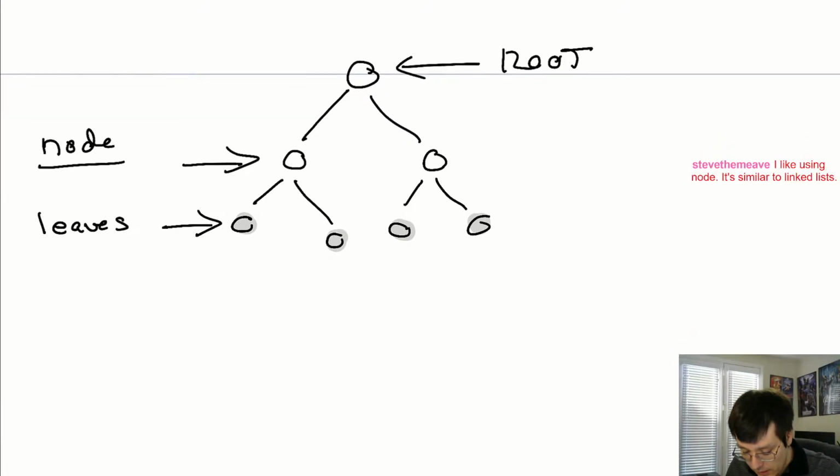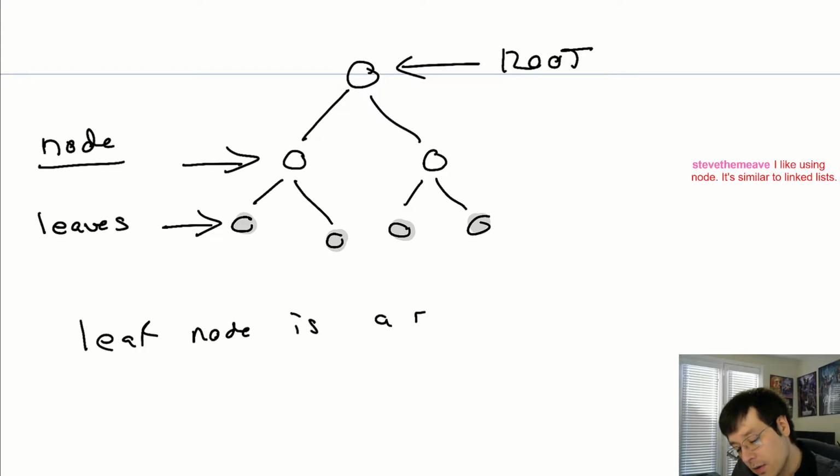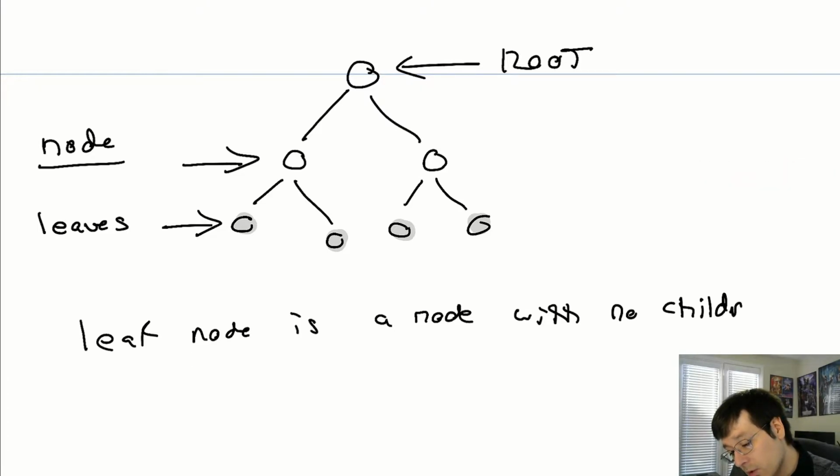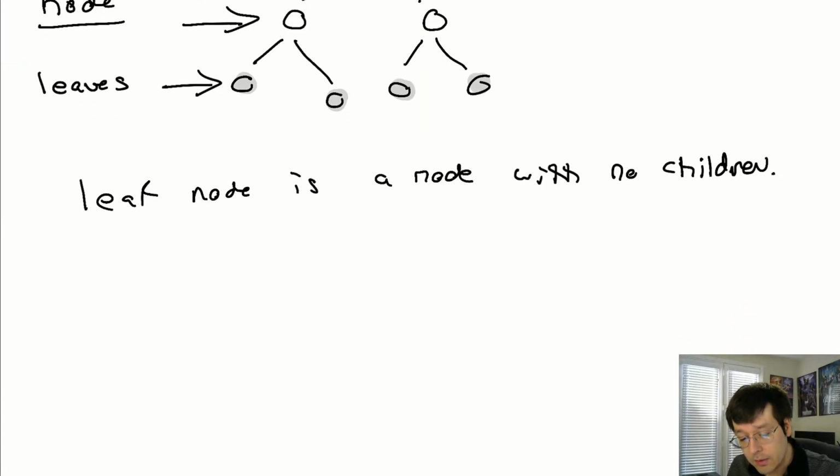Okay, so let's define properly what a leaf is. A leaf node is a node with no children. Now, for us to understand that, we need to understand what I mean by children. When you're looking at a node, this node is just solo, solo in life. It's a single node, has no children. This could be considered a root actually, but that's not the point. The point is that technically at this point it is considered a leaf. It has no children.